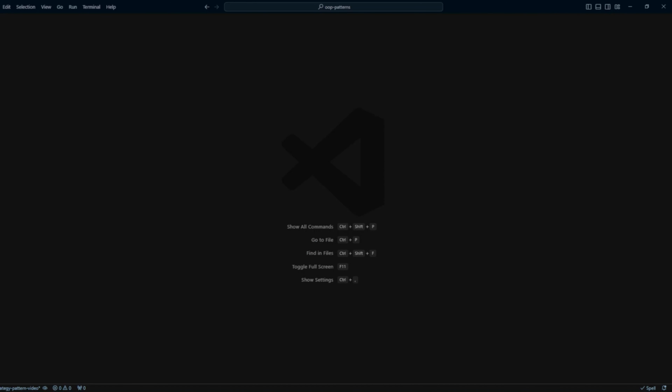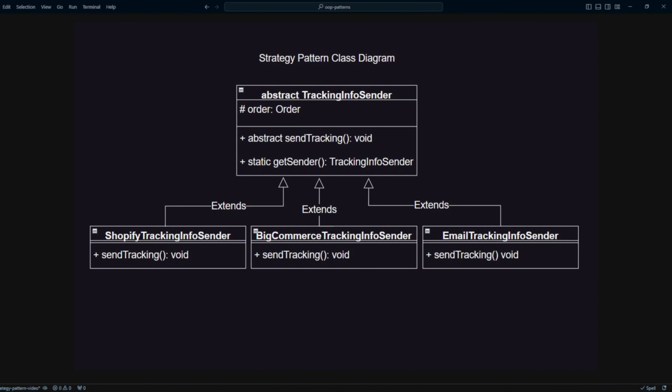Now let's take a look at the strategy pattern implementation class diagram. At the top of the inheritance tree, there is an abstract class, Tracking Info Sender. It is extended by children: Shopify Tracking Info Sender, BigCommerce Tracking Info Sender, and Email Tracking Info Sender. Tracking Info Sender class has an abstract method, sendTracking. Since it's an abstract method, Tracking Info Sender class also works as an interface, meaning all children have to implement